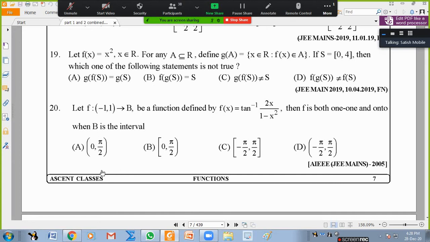Okay, f of x is equal to x square and g of A. Normally, g of an element means you substitute a number. G of a set means every element in that set you substitute, you'll get different answers. All those answers put together. That's what they defined. It's okay, so I can remove g and write f, not a big issue. They want f of S, what?